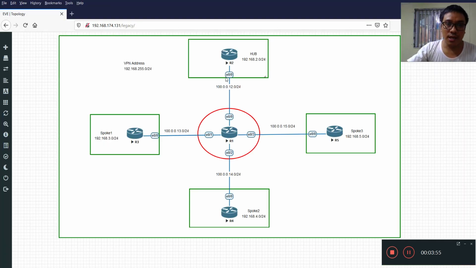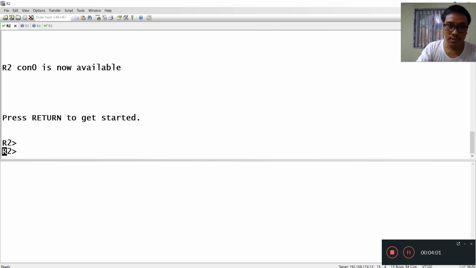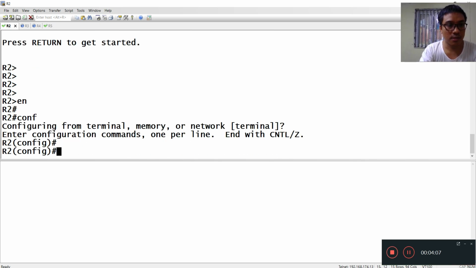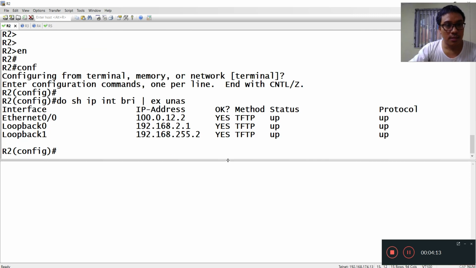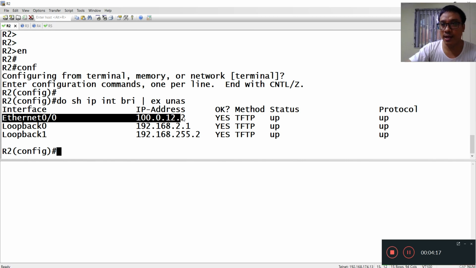I will start with the R2 hub router. Let's see, this is the hub office network. This interface is connected to the ISP router. Our IP address is 100.0.12.2.